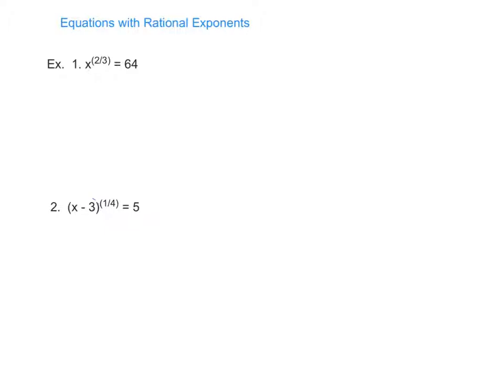Well, what does x to the 2/3 mean? If you remember our rules of exponents, this would be the same thing as the cubed root of x squared. So I can basically have the cubed root of x, and then I have that whole thing squared. How could I get rid of the squaring? I could take the square root to undo the squaring, and I get the cubed root of x equals the